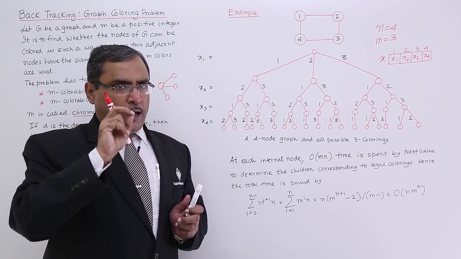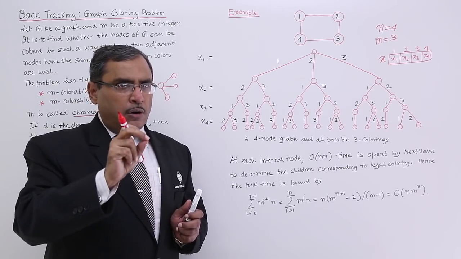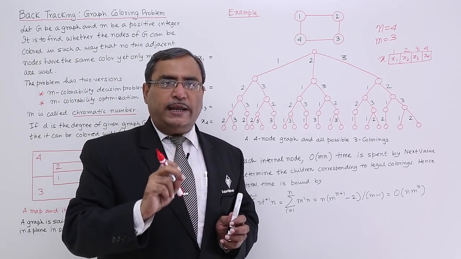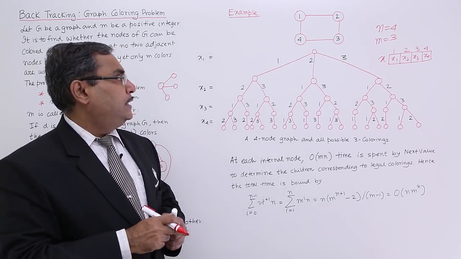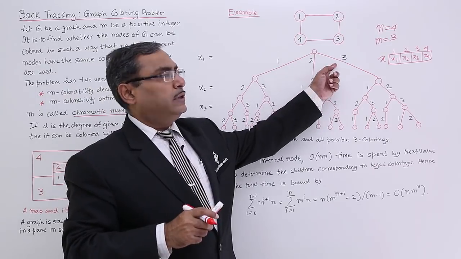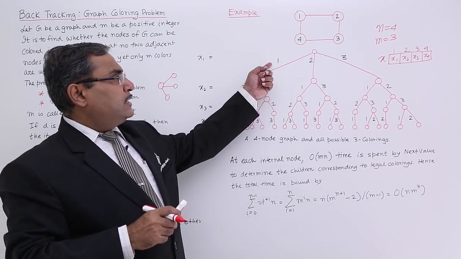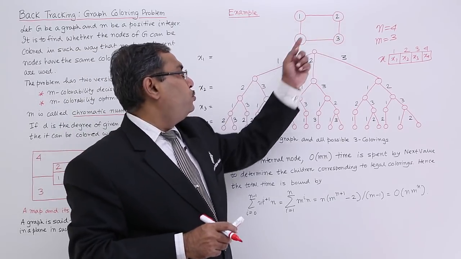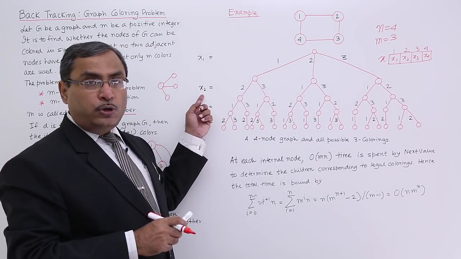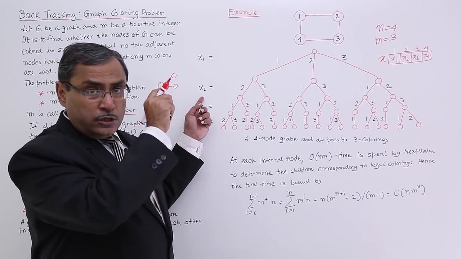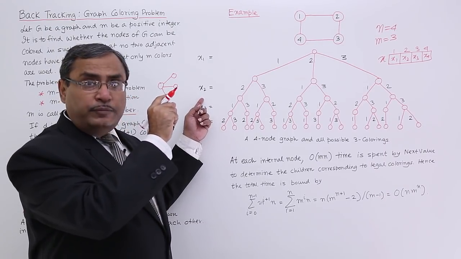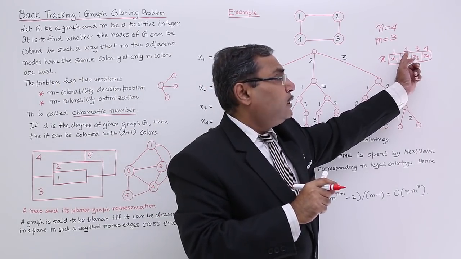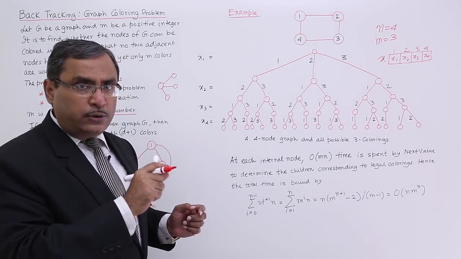which color I am giving for node number 1 or node number 2 or node number 3 or node number 4. So they are nothing but x1, x2, x3, x4. Okay, now see, the first node can have any one of the 3 colors. If the first node has got color number 1, then the second node, node number 2, that is my x2. Node number 2 means the location 2 of the array. So the value whatever I am putting, that will be the color for node number 2.